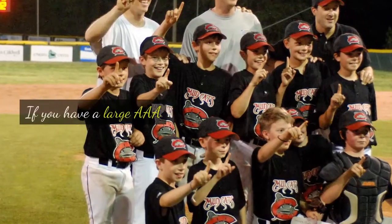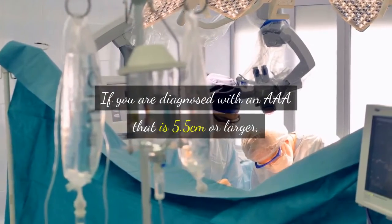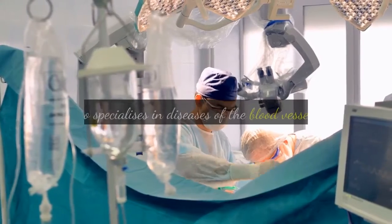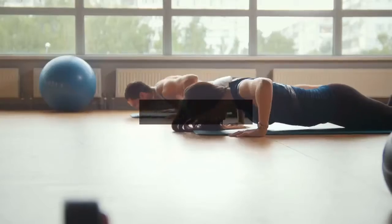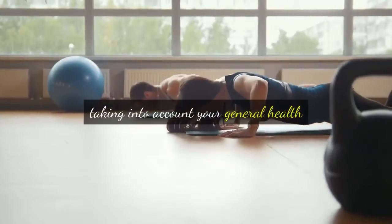If you have a large AAA. If you are diagnosed with an AAA that is 5.5 cm or larger, you will be referred to a vascular surgeon, a surgeon who specializes in diseases of the blood vessels, who may recommend an operation. The surgeon will discuss treatment options with you, taking into account your general health and fitness, as well as the